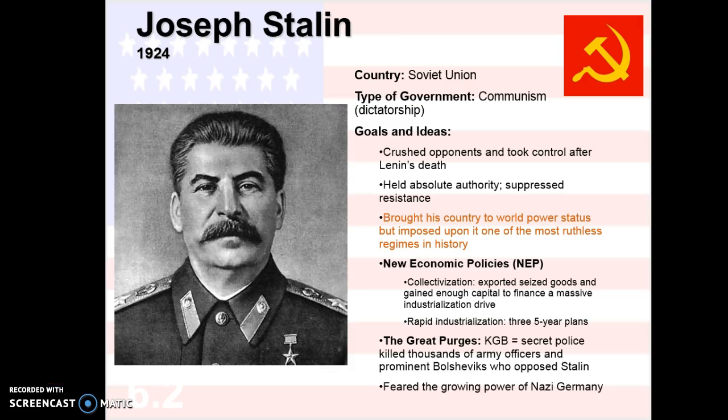First we're going to start with the rise of dictators, which is 6.2, and look at these dictators who ran totalitarian governments. Make sure you understand a totalitarian government is a dictator who has complete control, someone who runs that country and whatever they say goes. They don't have a Congress, they don't have things like checks and balances. Whatever they say goes. So we're going to start with Joseph Stalin.